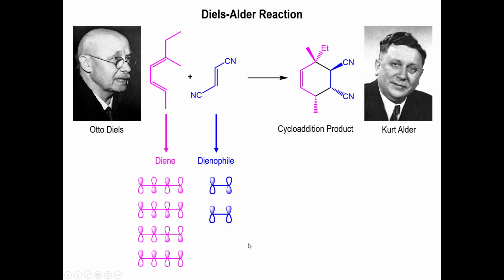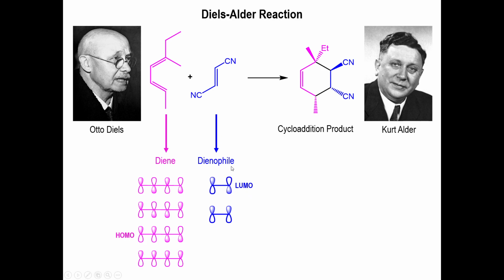So basically what I'm saying is that this second orbital is where we will have the last set of electrons present. So this is the highest occupied molecular orbital of the diene. At the same time, if we look at the dienophile, there's only one pi bond, so we only have two p orbitals. We do have two molecular orbitals in total. But because this is only one double bond, the HOMO of the dienophile is the bottommost orbital. And what that also means is that the second orbital here, the one that's anti-bonding, is the LUMO of the